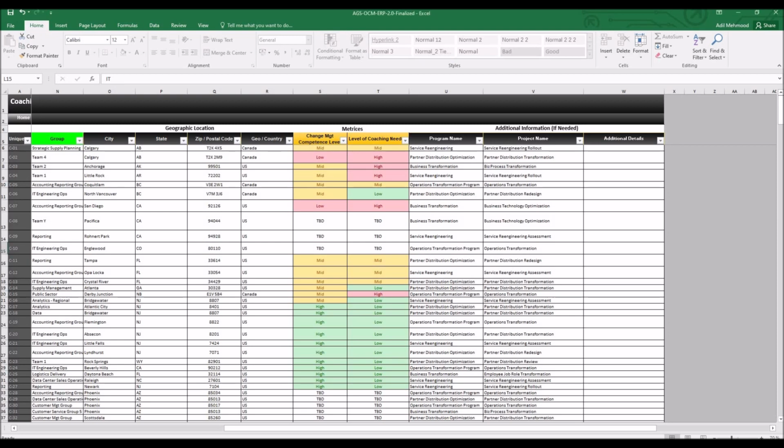The change management competence level column uses a drop-down from which you can choose high, mid, or low for the level of change management experience. Those individuals that have low and mid level of experience will require more coaching, hand-holding, and support than those with a high level of change management experience. The drop-down also has a TBD, to be determined, option